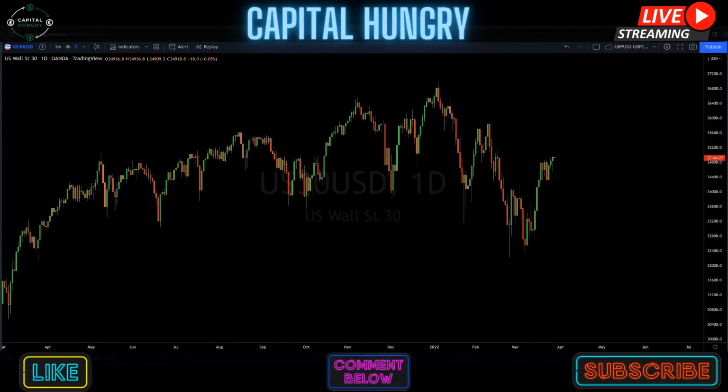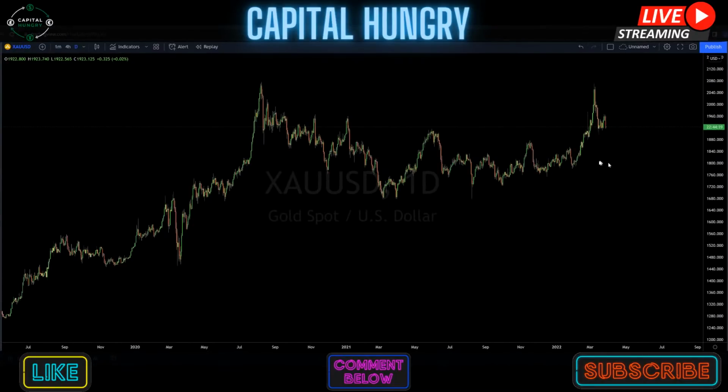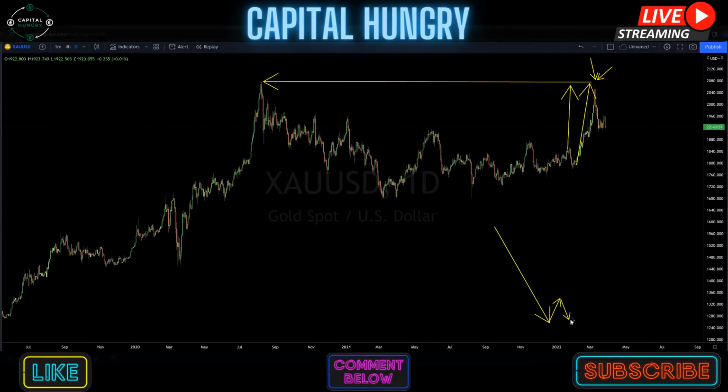What we saw was a major outflow of liquidity in the equity markets on that fear, and in my opinion, that liquidity in equity entered gold as a precious metal safe haven and as a hedge against that fear risk. As we had gold explode, a huge amount of profit was made on this percent change in price on gold, all the way up to these all-time highs. Conveniently, a lot of the Russia and Ukraine tensions got priced in, and the US 30 equity market made a very nice dip at the 3,200 flat area.